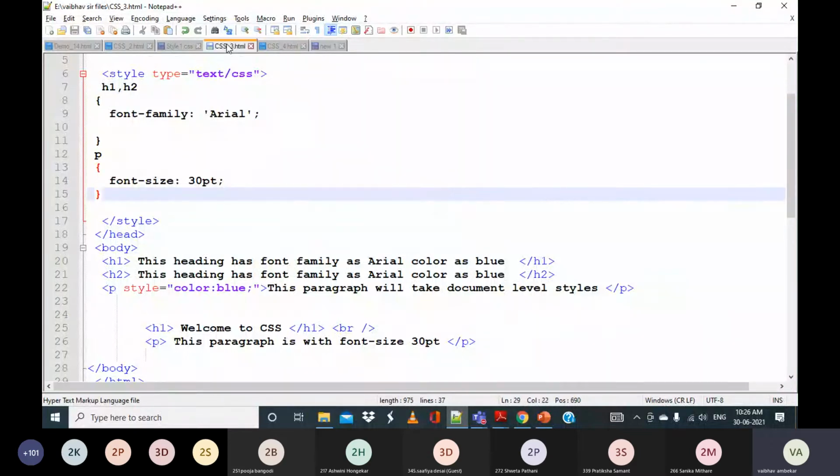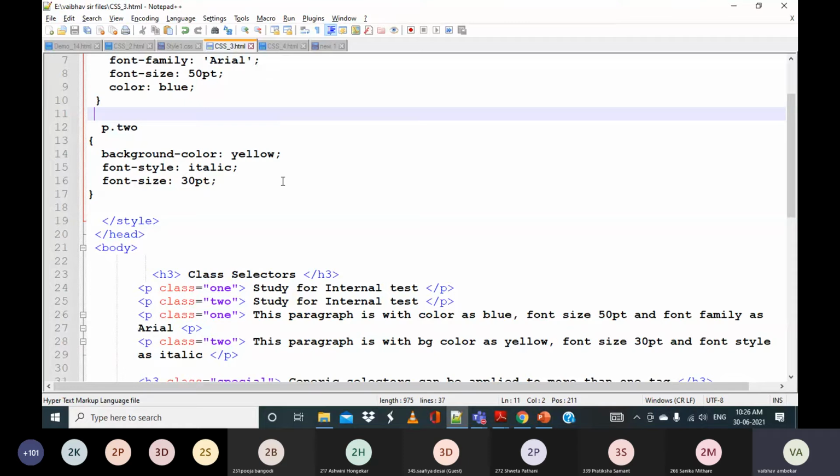Suppose say that I want to have another paragraph with, say, for example, font size as 25 and font style as italic or font style with something bold. Or I want to align it as center. What we have to do, how we can include in this? Can somebody tell me? I want to have another paragraph with different set of properties. What we can do? Can somebody tell me?